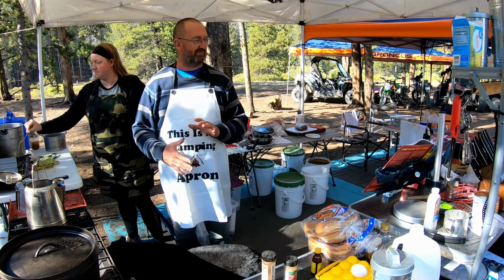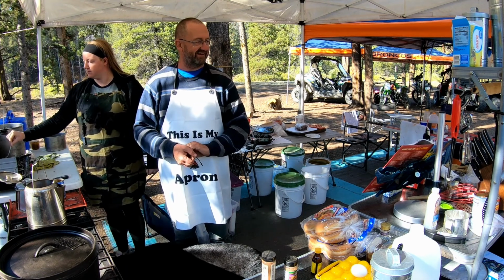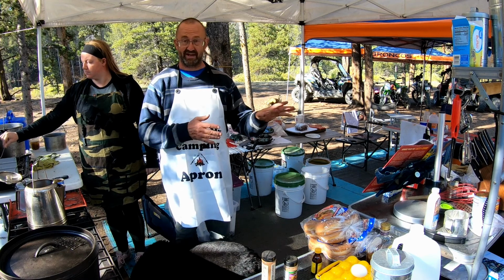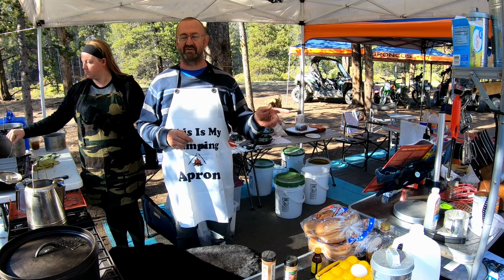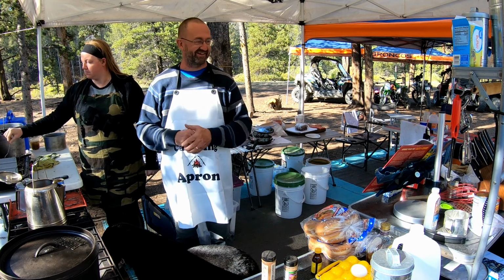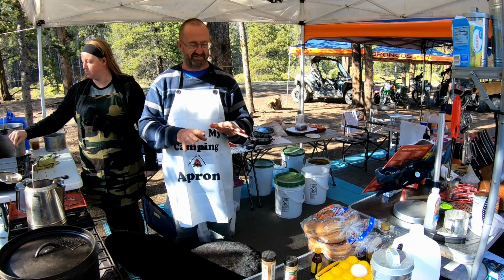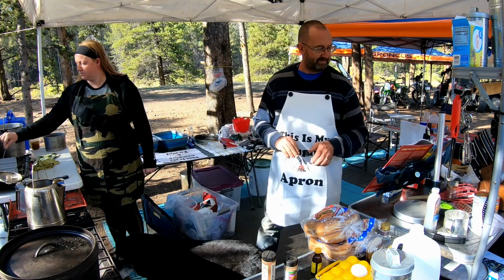All right, today we're doing a bread pudding with whiskey cream sauce. And this is Kent Rollins. I've followed a lot of Kent Rollins recipes. I'm actually on a quest to do every recipe in his book while we're out here camping. So far they've been turning out really, really good. So what he does is he adds a secret recipe in there, and you'll see what that is in a minute. All right, so the first thing we're going to do is mix up our